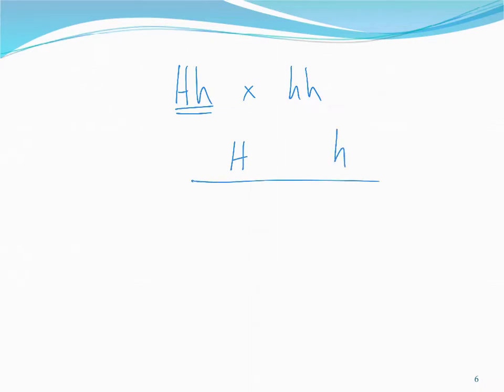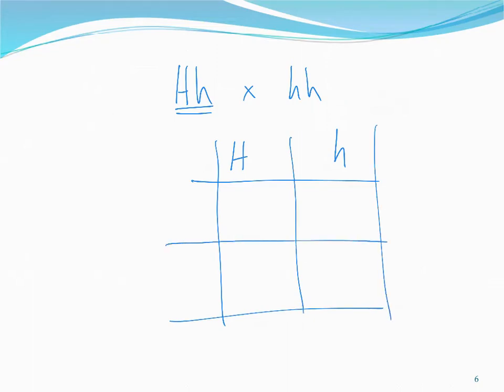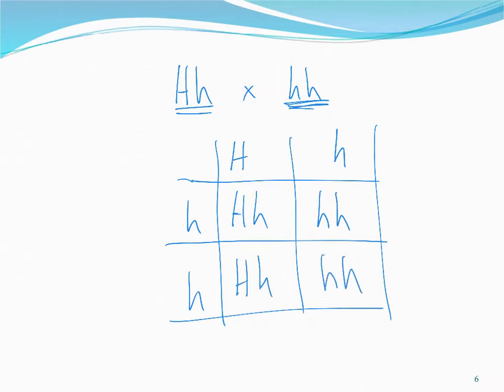Those would be the only possibilities that would go into their gametes. The second guy, this homozygous recessive, would be little h and little h. We do our cross, right? Columns by rows, H, H, filling in the grid, little h, big H, little h, and little h,